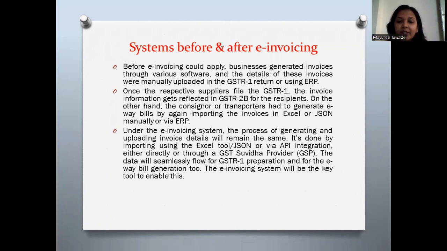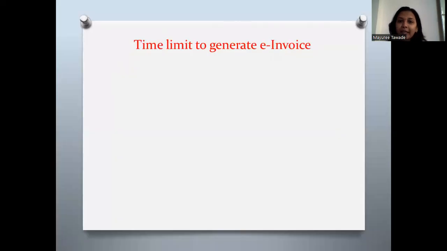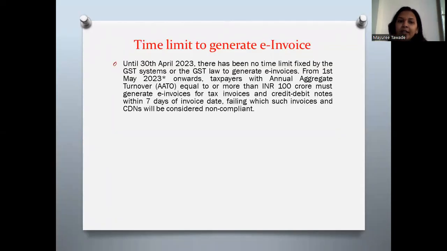The e-invoicing system will be the key tool to enable this. Time limit to generate e-invoice. Until 30th April 2023, there has been no limit fixed by the GST system or the GST law to generate the e-invoice. From 1st May 2023 onwards, taxpayers with an annual aggregate turnover, that is AATO, equal to